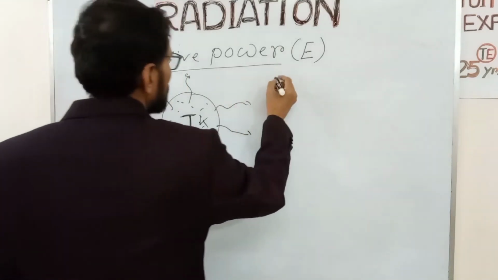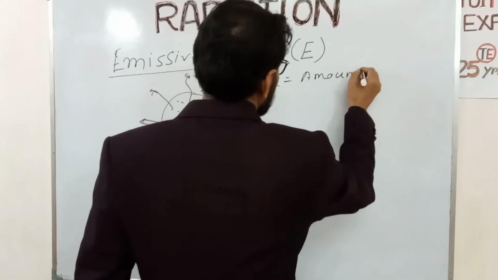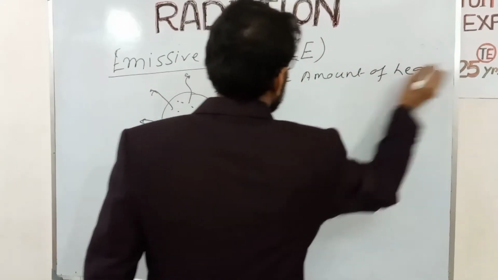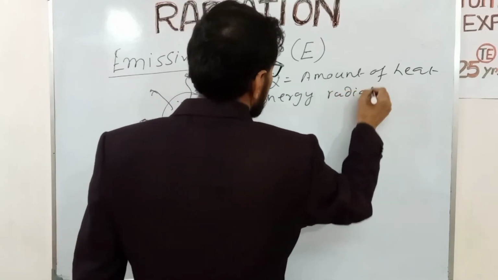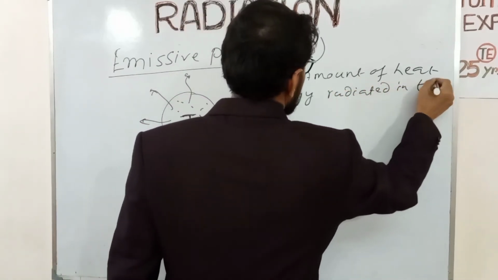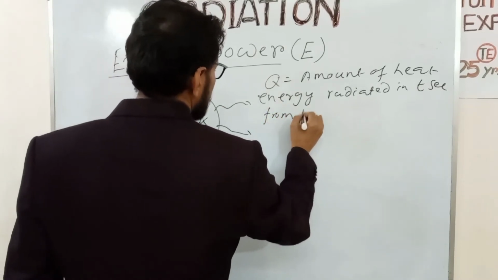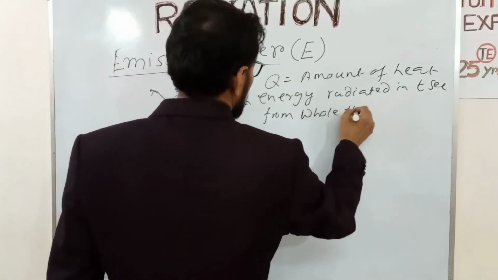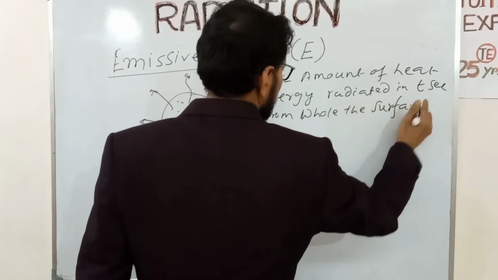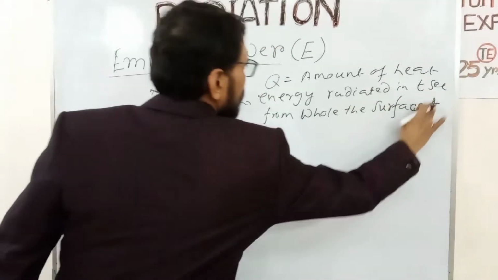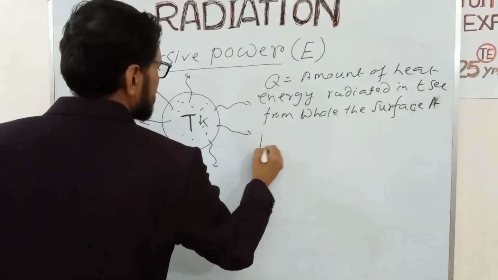If Q is the amount of heat energy radiated in t seconds from the whole surface A, then emissive power is defined as